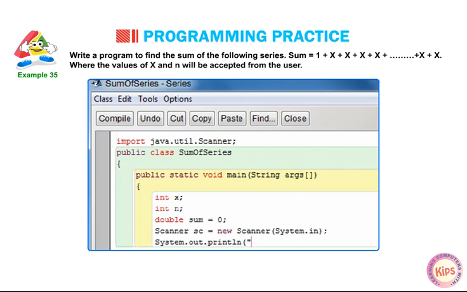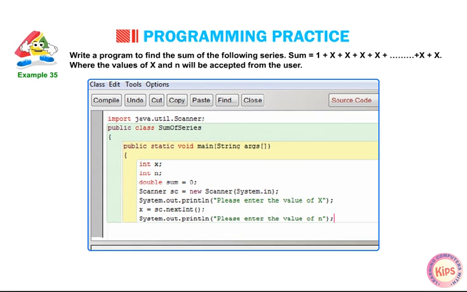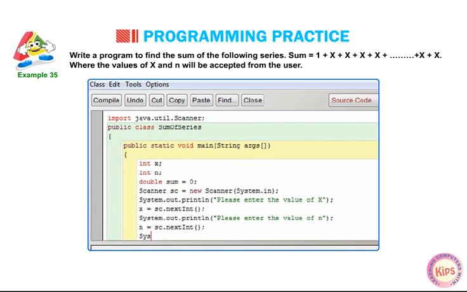System.out.println("Please enter the value of x"); x = sc.nextInt(); System.out.println("Please enter the value of n"); n = sc.nextInt(); System.out.println("n = " + n);